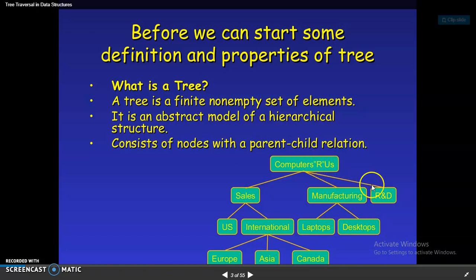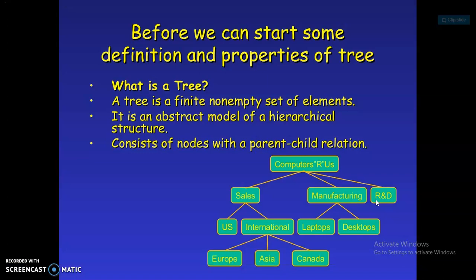And computers have another area, R&D, that is research. Different things are researched for computers, like researching new algorithms, new languages, new software, and developing new operating systems. So these come under R&D, research and development.